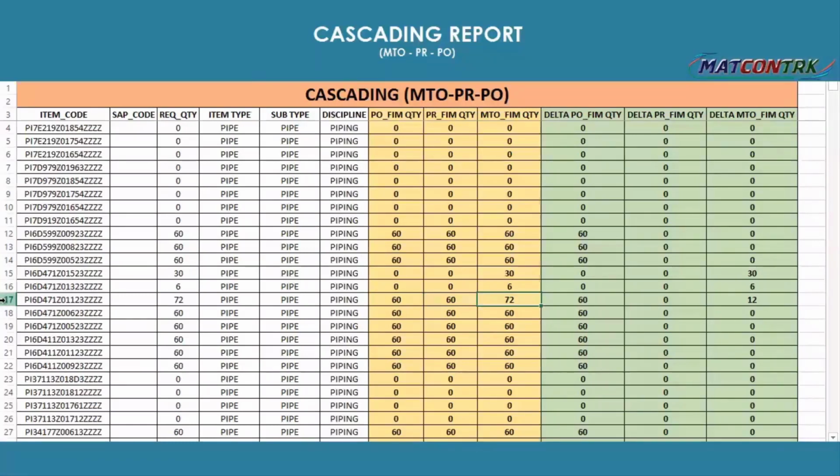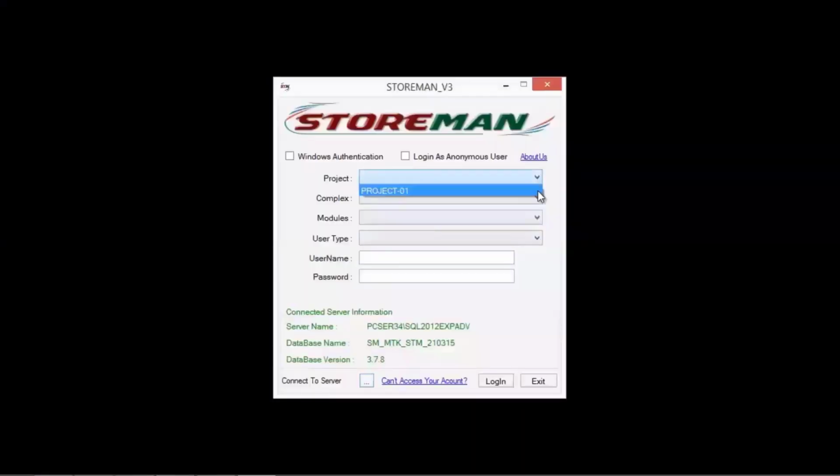For example, for this particular item, row number 17, 72 is my MTO quantity, PR quantity is 60, PO quantity is 60. So that's why the delta quantity comes as 12, so 12 quantities are to be initiated for procurement. This way, the delta quantity can be monitored through this cascading report.